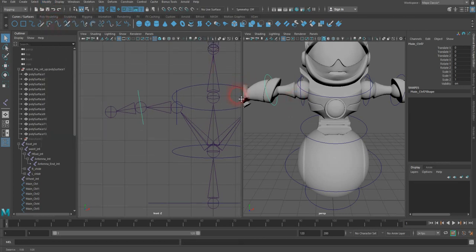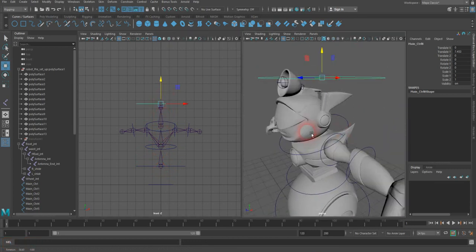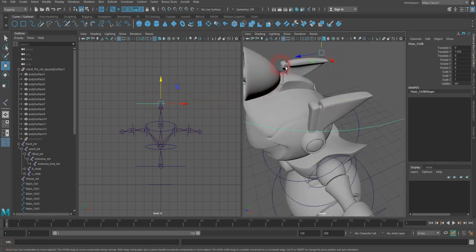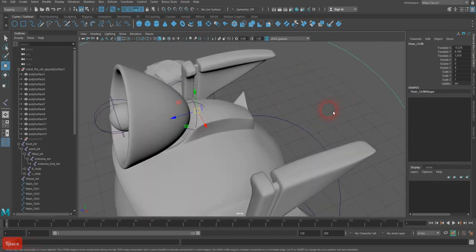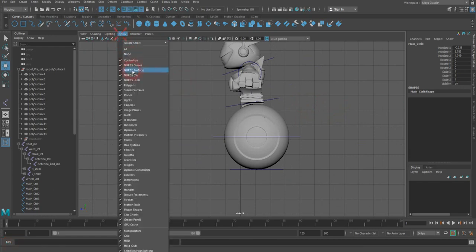And I'm going to just create another one for the antenna. For the antenna, I'm going to grab this guy again. I'm going to duplicate that, Control D to duplicate it. I'm going to go all the way to the antenna. That one I'm going to snap to the antenna joint, which is pressing V, and then snap it to that joint. If it doesn't work there, you can go to the side view, hide the polygons,